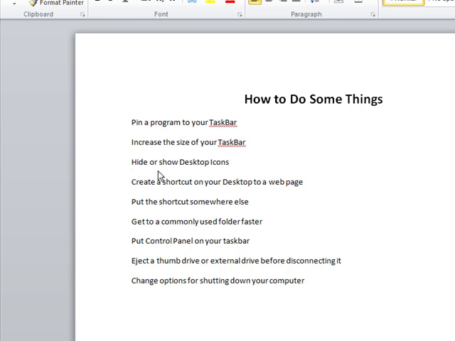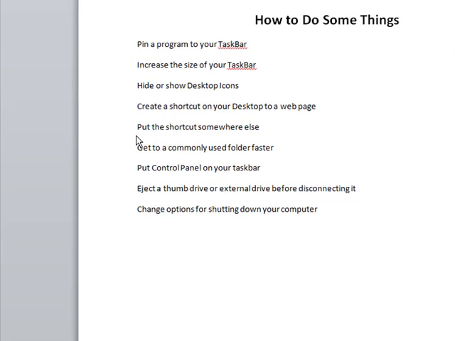how to hide or show desktop icons, how to create a shortcut on your desktop to a web page, how to put the shortcut somewhere else, how to get to a commonly used folder faster, how to put control panel on your taskbar,